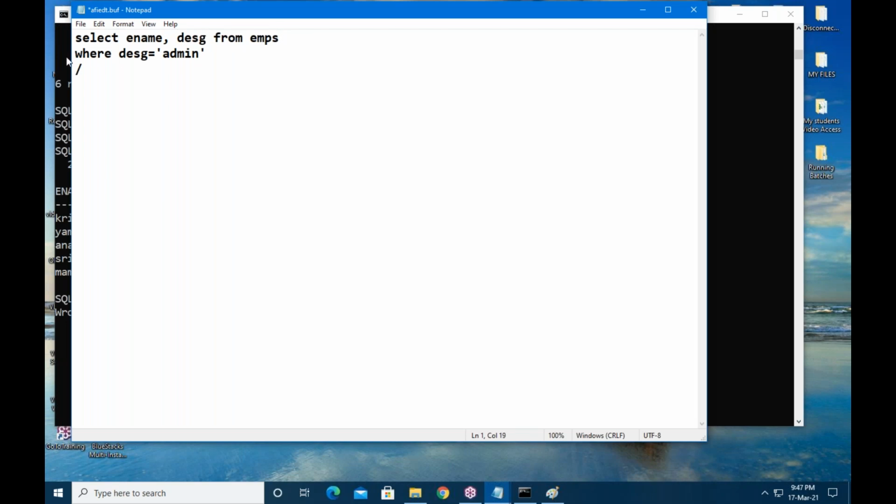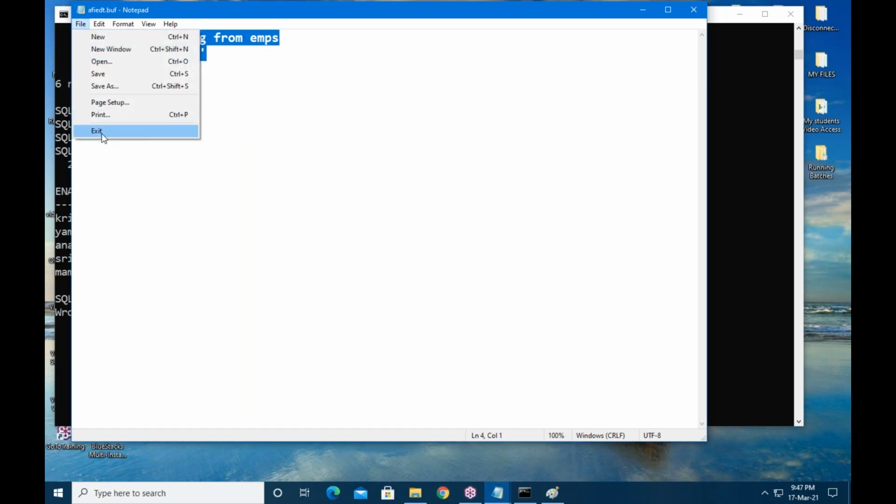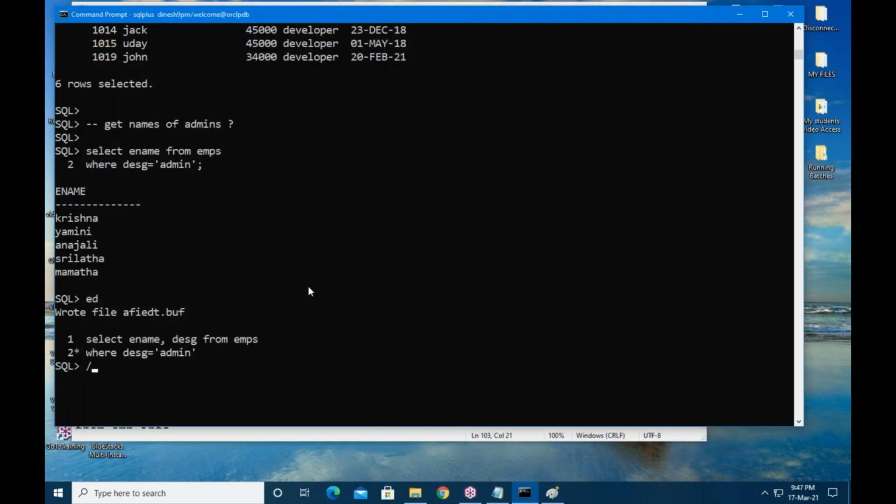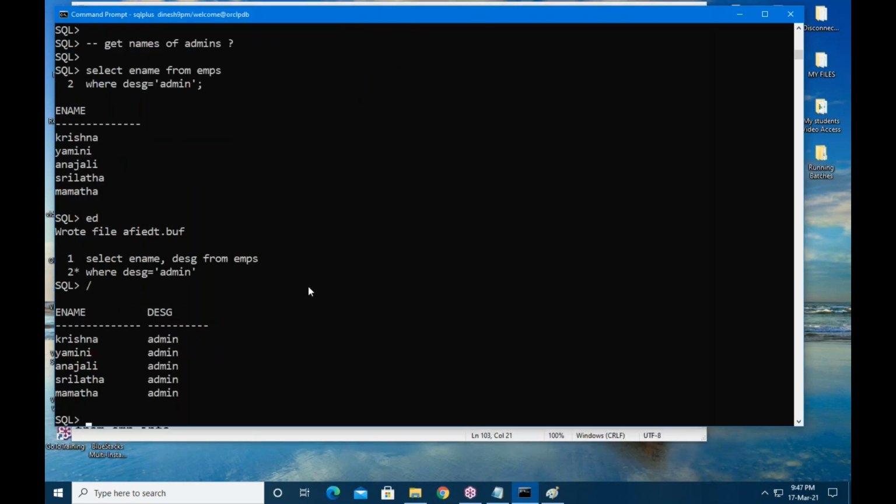In the previous example, I am selecting only names. In the present example, I am selecting names and designations. My changes are completed. Once you make changes here, go to File menu, save it. Go to File menu, exit, and use slash. Is everybody working as admin? Yes.